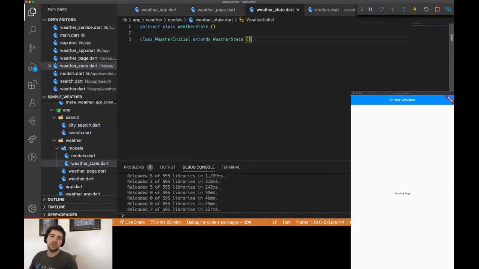Going back to the different weather states. So this is the state of our UI, right? We can have the state where the user hasn't typed in anything in the city. So that's going to be the initial state. We can have the state where the user has entered a city, but we're in the process of requesting weather from the API. So I'm going to call that weather load in progress